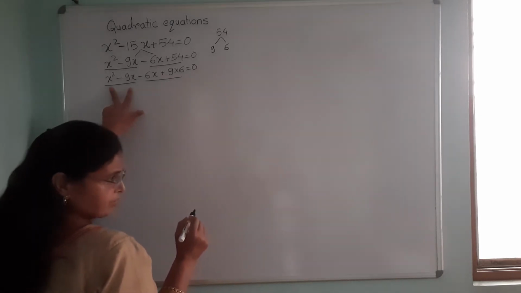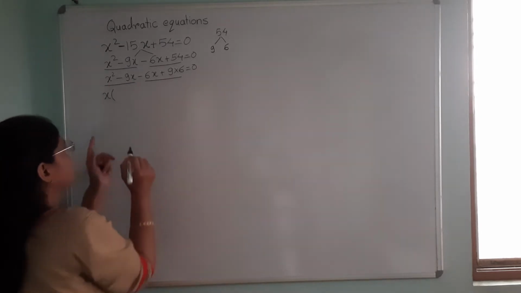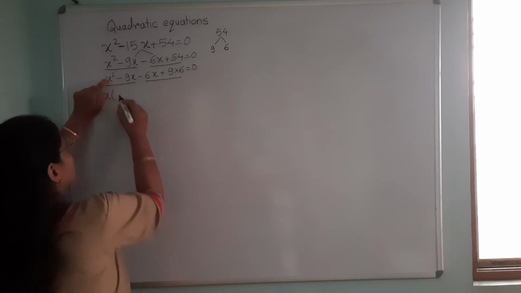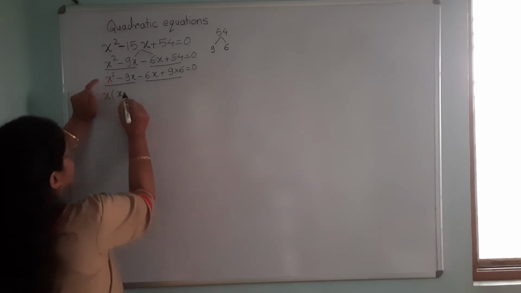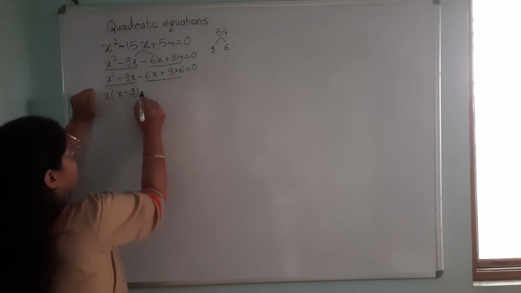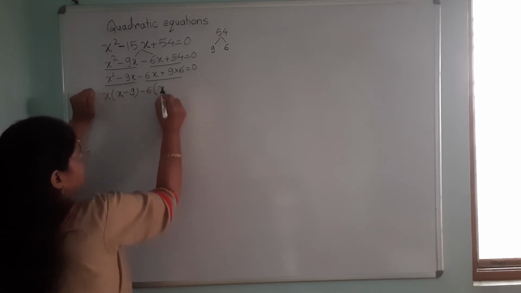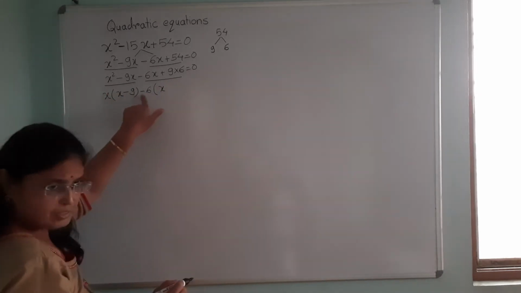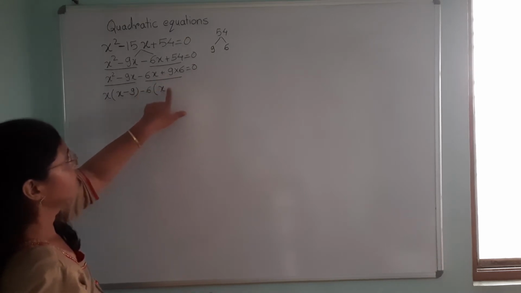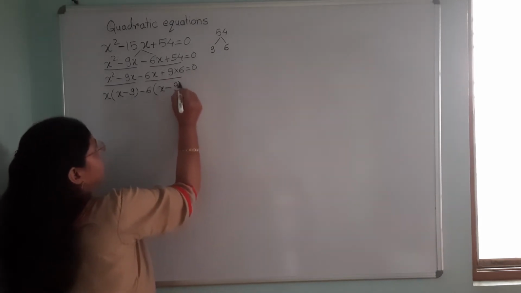From the first 2 terms we can take x as a common factor. So we get x in bracket. Here x square is there, we have taken x common, so only x is remaining. So x minus, from here we have taken x common, minus 9 remains. Here we will take minus 6 common. So here x remains. As we have taken the minus sign outside, this sign changes because after multiplication it should come positive. So we have to take a negative sign here. So it becomes minus and 9 remains, equal to 0.